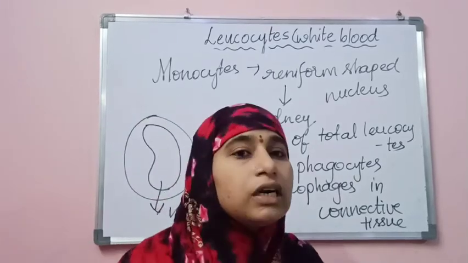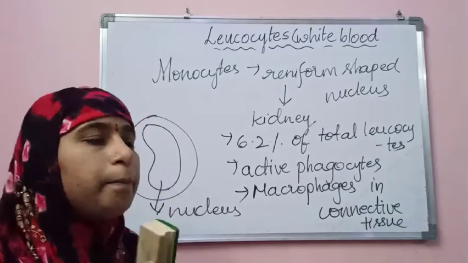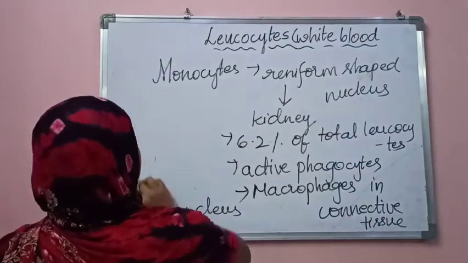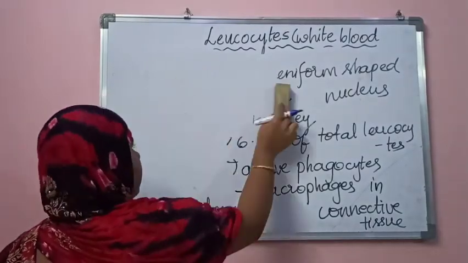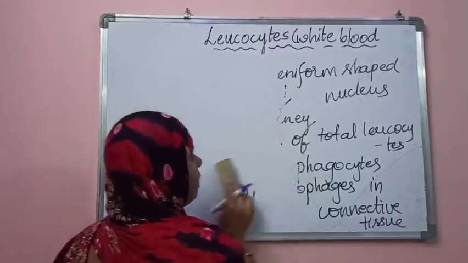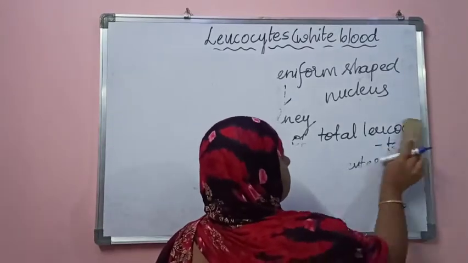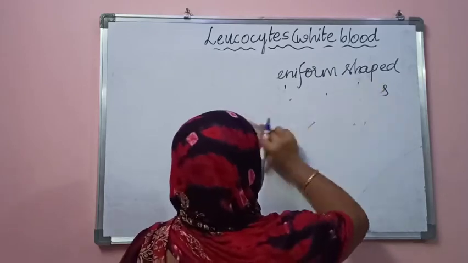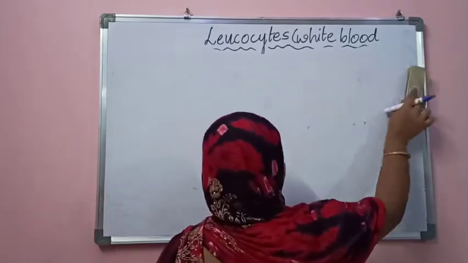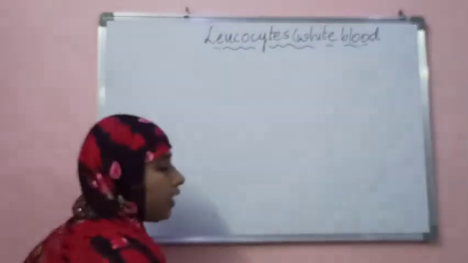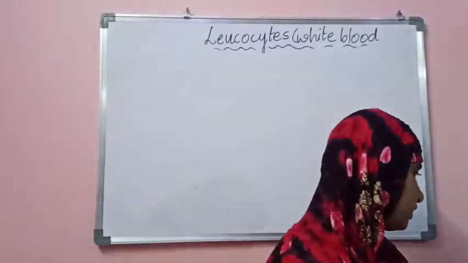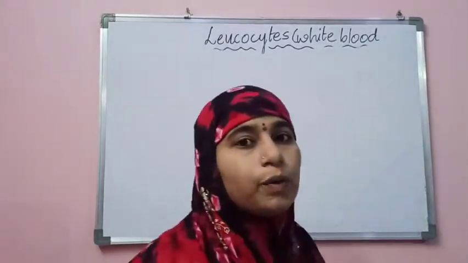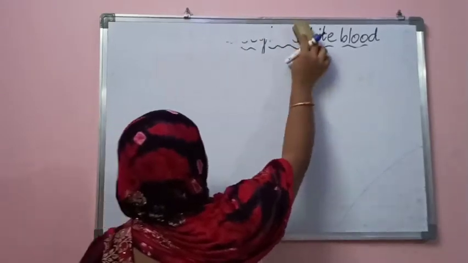Next, going to the third type of blood cells, that is blood platelets. So up to here WBC cells have been completed. WBC cells are nothing but white blood cells. The other name of white blood cells is leukocytes. The leukocytes are divided into granulocytes and agranulocytes. The agranulocytes are again divided into lymphocytes and monocytes. So now going to the next topic, that is the blood platelets.